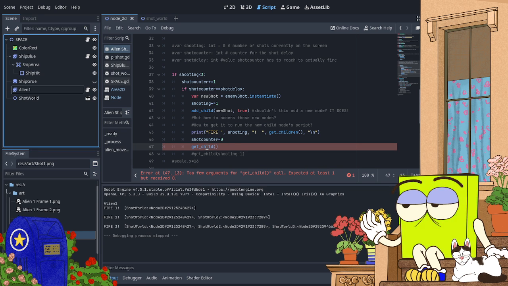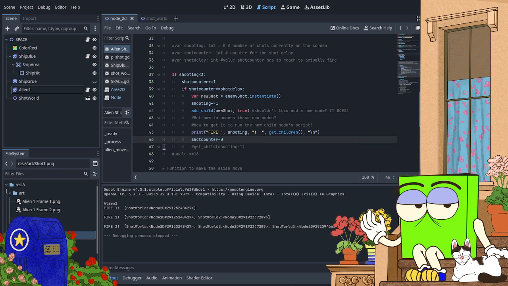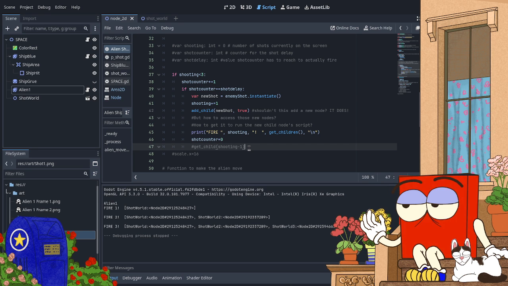Okay, but anyway, it says here in the pop-up that's not showing up in the stream that the first index is 0. First child is 0. So this will be the reference. Get child shooting -1. Now.